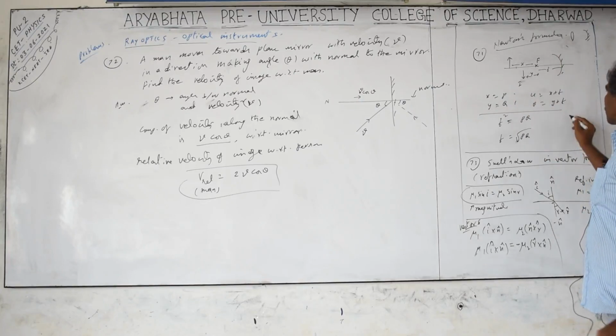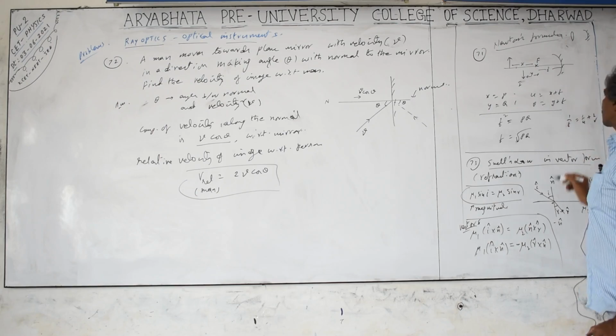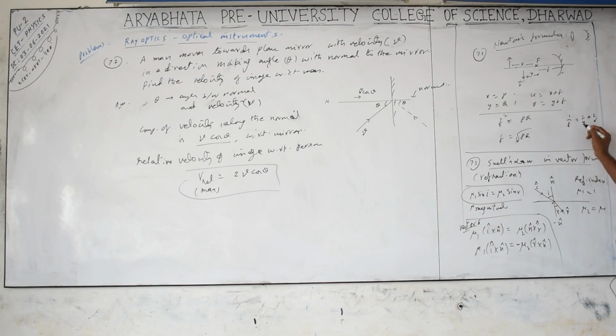We have the formula already: 1 by f is equal to 1 by u plus 1 by v for the mirrors, and 1 by f equal to 1 by v minus 1 by u for the lenses, convex lens and concave mirrors. In the case of the mirrors, if you take this relationship, u and v are in terms of the distance of